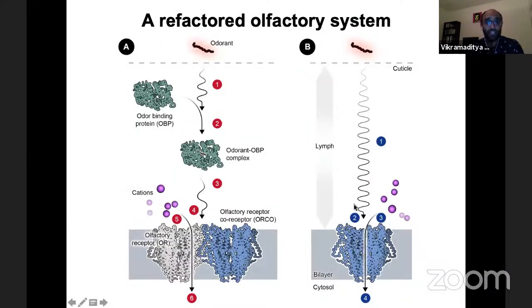And so what you're seeing to the left is the way the conventional mosquito system works. And then what you're seeing to the right is a simplified version that we used in our studies. But essentially, the way the mosquito olfactory system works is that the odorant first binds to a soluble protein called the odor binding protein, or OBP. The OBP essentially diffuses from the sheath all the way down. So this is a permeable cuticle. It diffuses through that space,